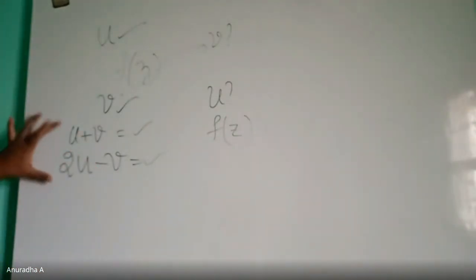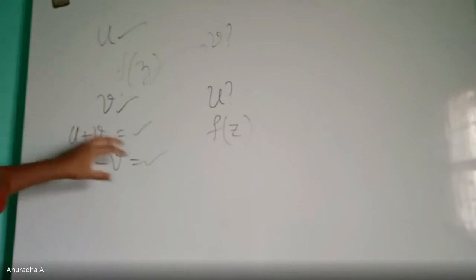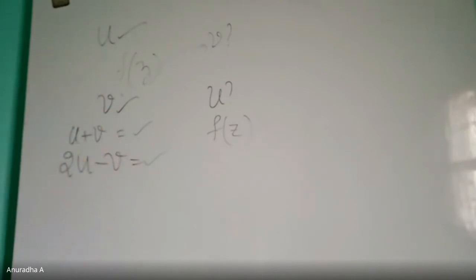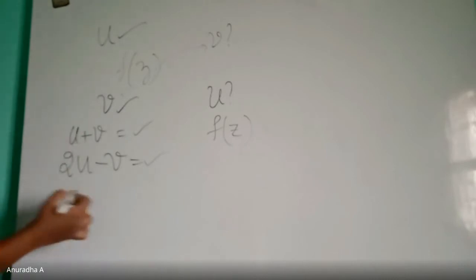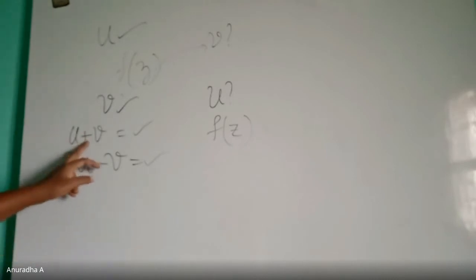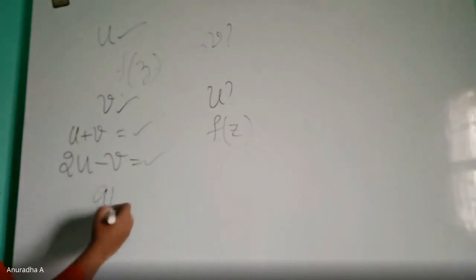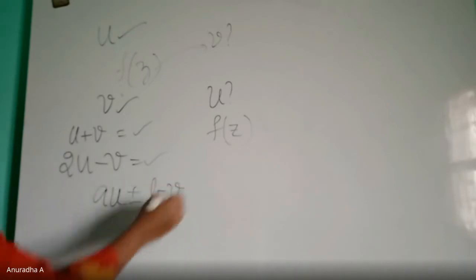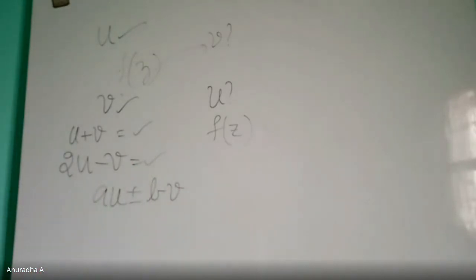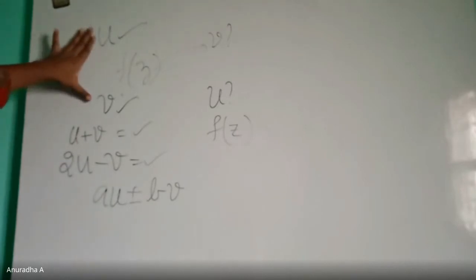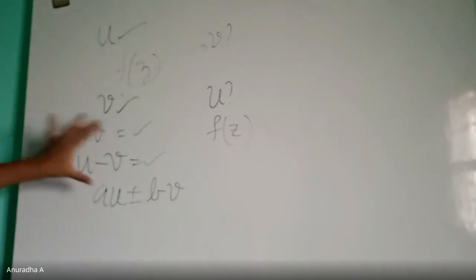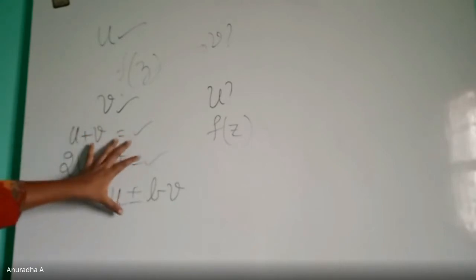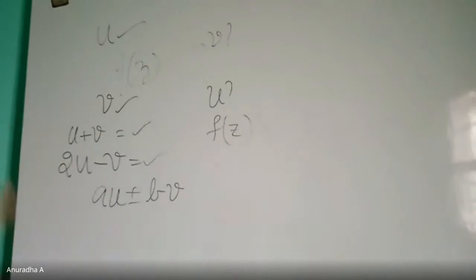This type of question is again a part B question. You have to work out two more extra steps, that's all. Usually they will give linear algebraic relations like addition or subtraction only, not multiplication or division. They may give some constant multiplication, both plus or minus, like this. Till now we have seen directly the real part and directly the imaginary part. Now the relationship between the real and imaginary part is given, and from that again we are going to find f of z only.